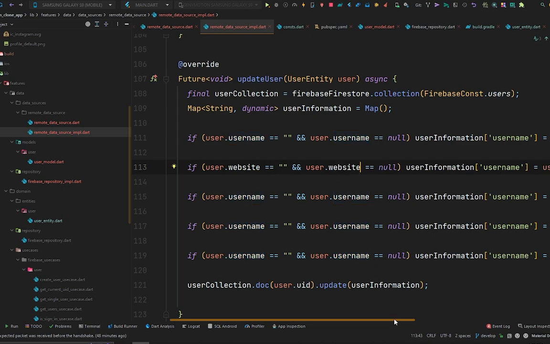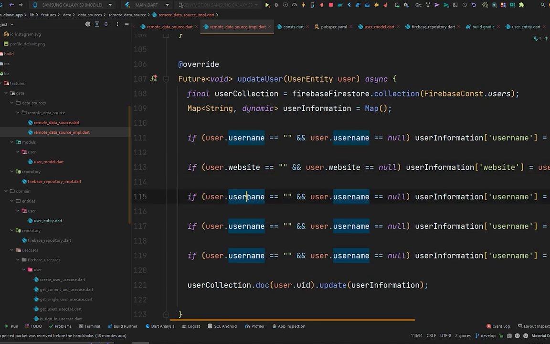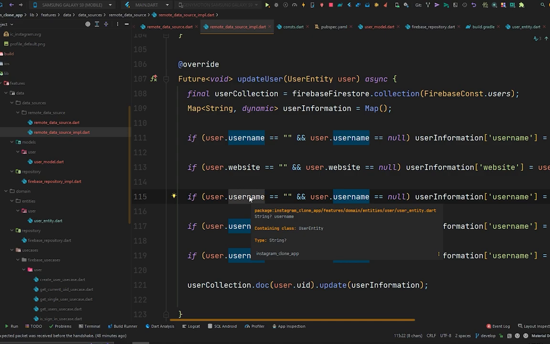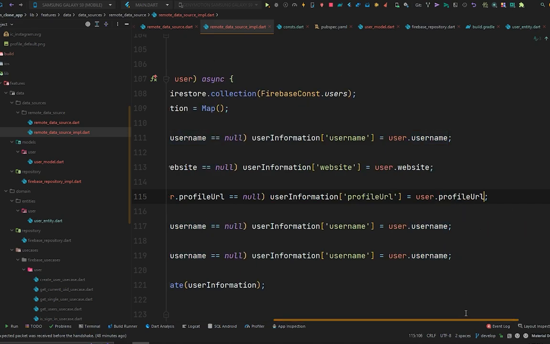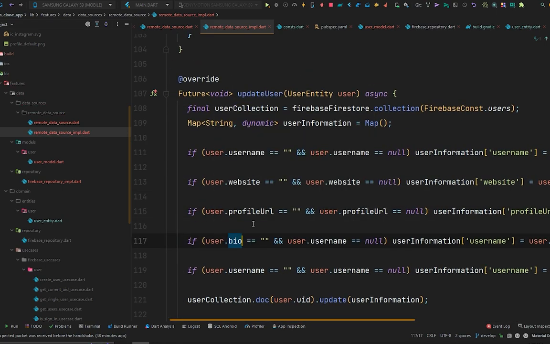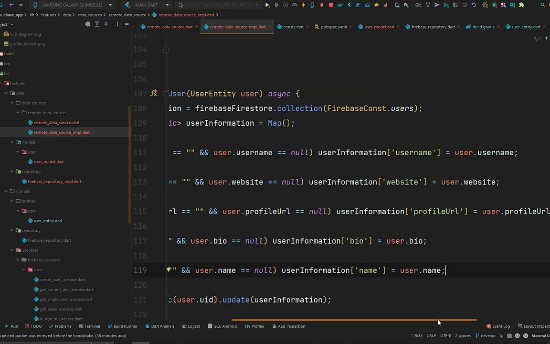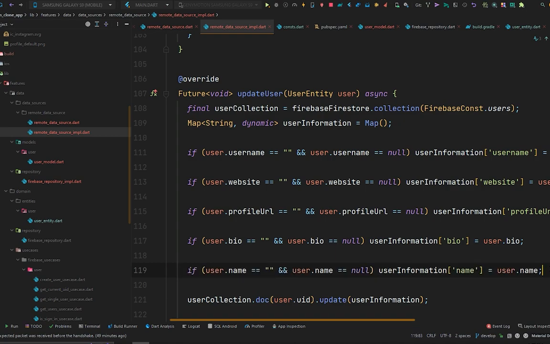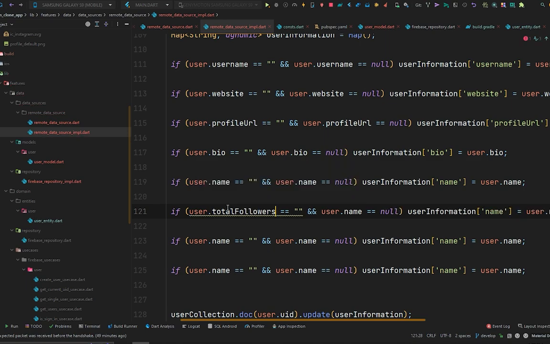If the website is not equal to empty string or null, we will update the website with the website the user has added. The same will be for profile URL when the user wants to update the profile. This will be the same, and the user can also update his bio and the name just like this. And this can also be for, let's paste it three more times, total followers, and this total followers is